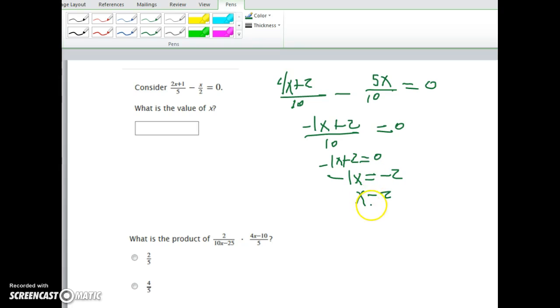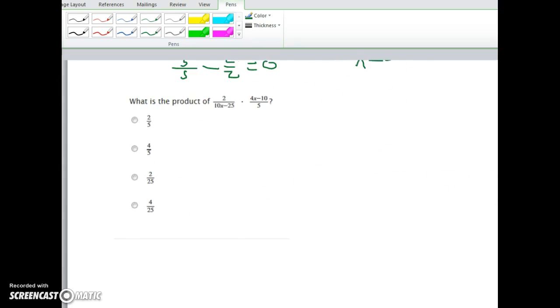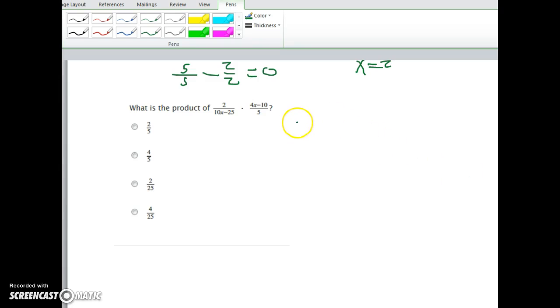Let's put that back in and see if it works. 2 times 2 plus 1 over 5 minus 2 over 2 should equal 0. 2 times 2 is 4, plus 1 is 5. 5 over 5 minus 2 over 2 equals 0. 1 minus 1 is 0. We're good to go. The last problem I'll go over in preparation for getting you ready for the track